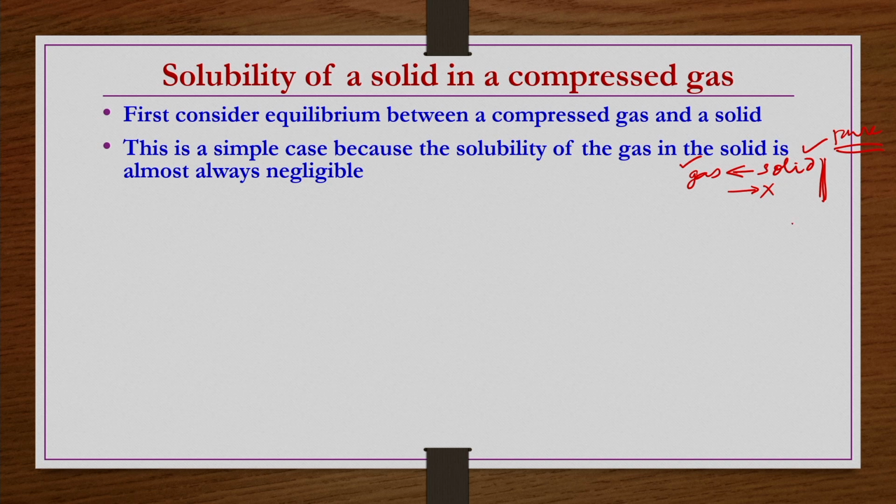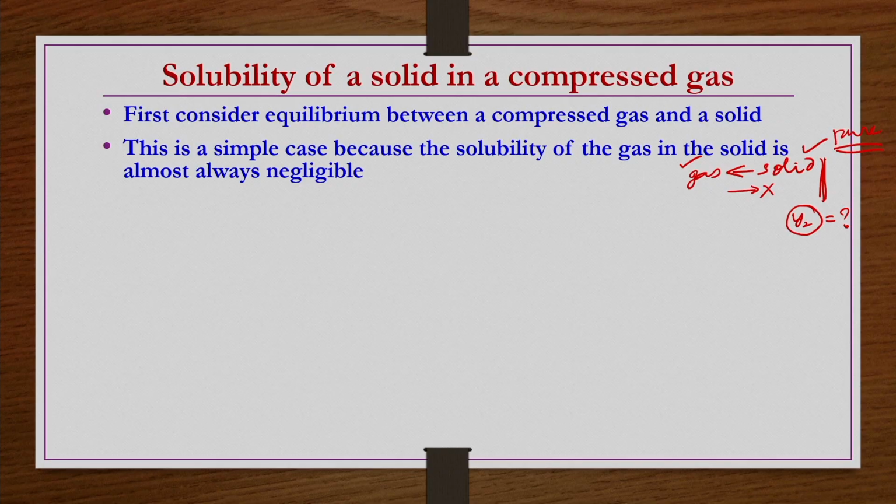So, the mole fraction of component 2 in the compressed gas phase is what you have to find out. You are trying to find out how much the solid is dissolved in a compressed gas. The gas phase is designated by Y, and the dissolving solid, the heavy component designated as 2, so Y2 we have to find out. That is what we are going to see now.